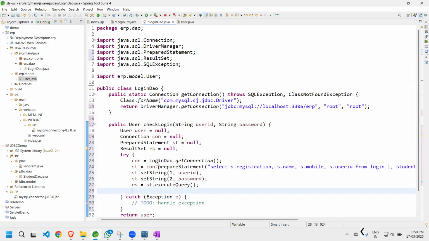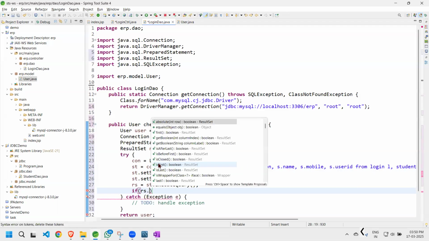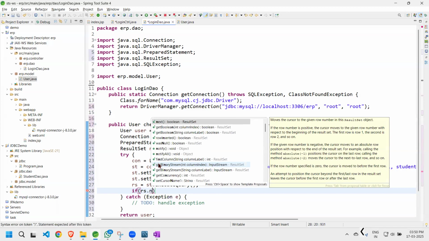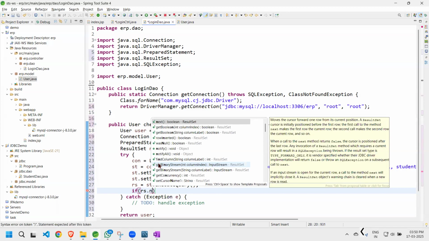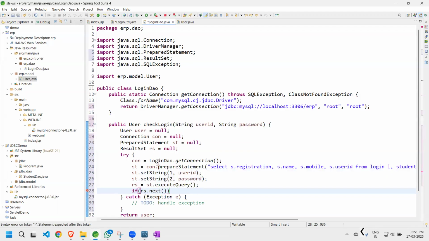Now what we have to do is set the value. So if rs dot next